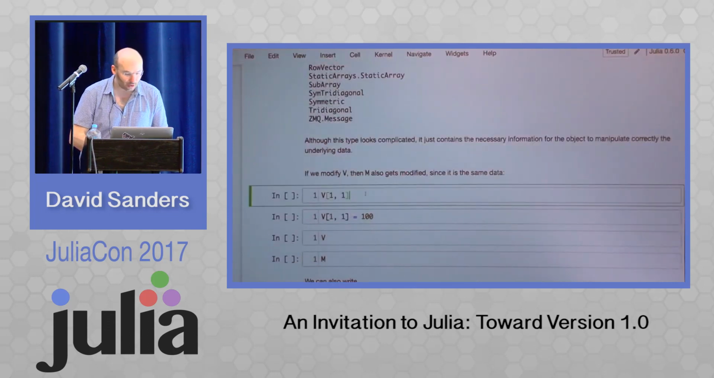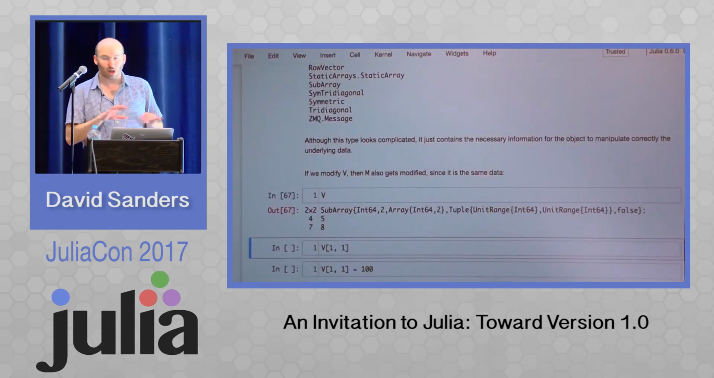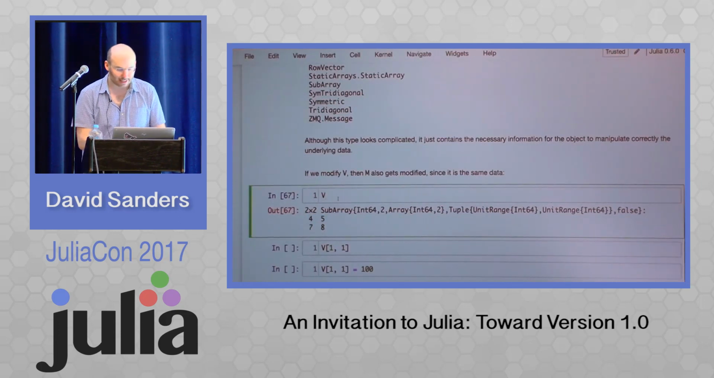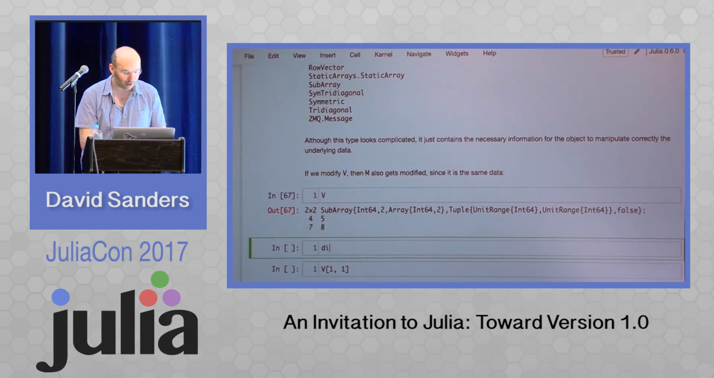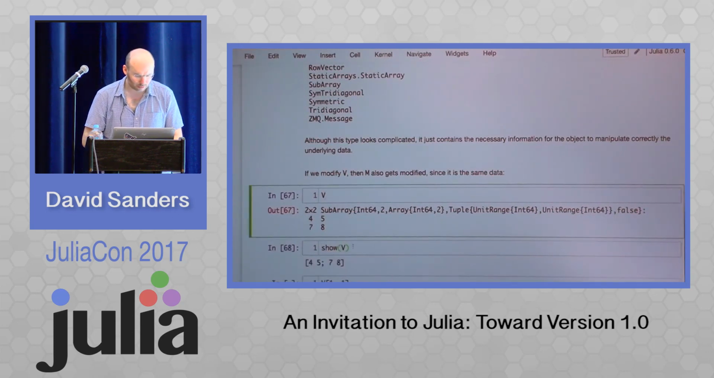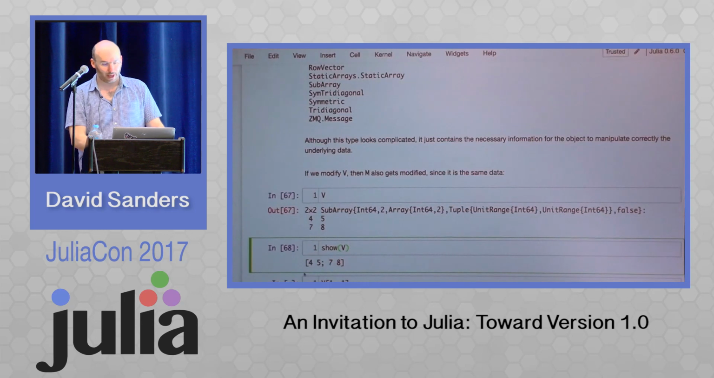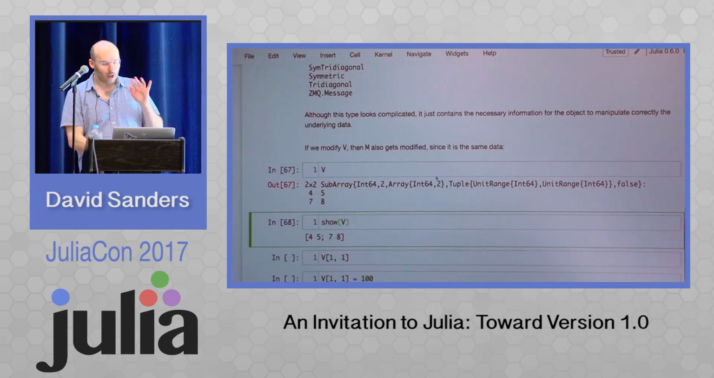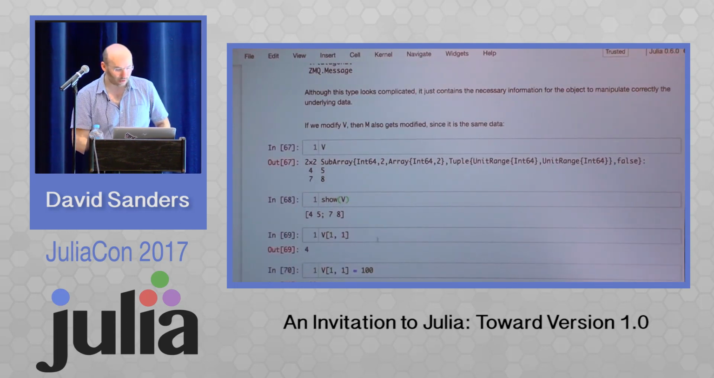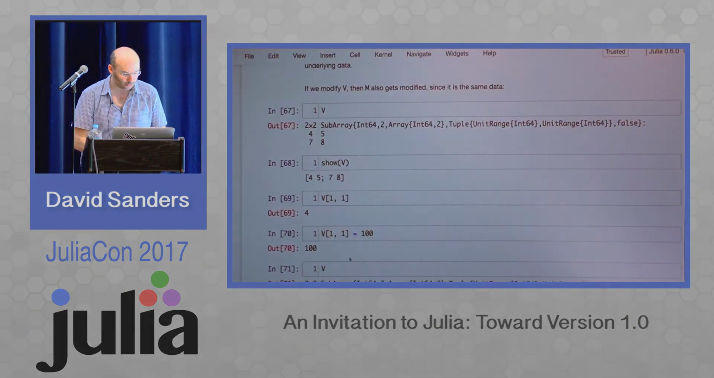Okay, so I have this V object which looks the same, the output looks the same, but the type is what's giving away that it's different. So for example, if I just do show V, then I don't see all this type information, and so I don't actually know what kind of subarray it is. But if I now modify this sub piece of the array, so this